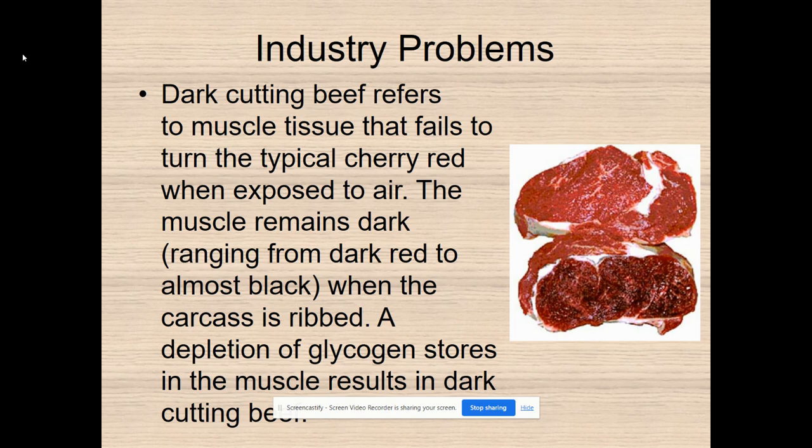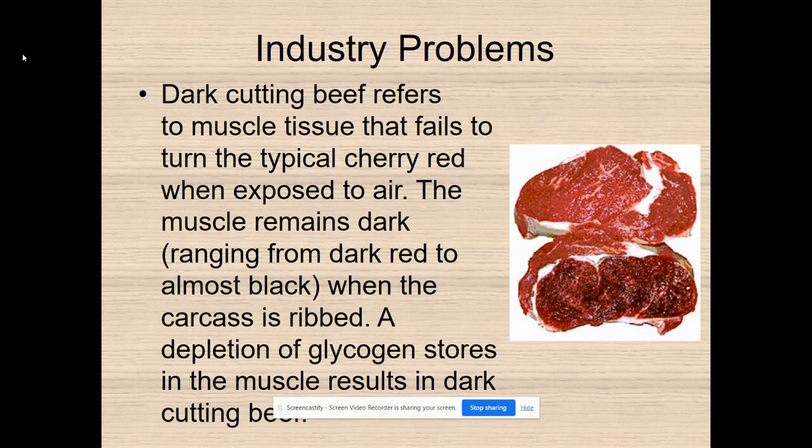Two industry problems that relate to the muscular system that we have studied in recent years. One is called dark cutting beef, and you will do some projects on this next week. The picture on the right illustrates two steaks, both from beef animals. The top one is considered a desirable color, while the bottom one is considered a dark cutter. When we use the term dark cutter, what we're really describing is a quality issue. Strangely enough, the safety of that meat is just fine, but the consumer definitely prefers that cherry red color when